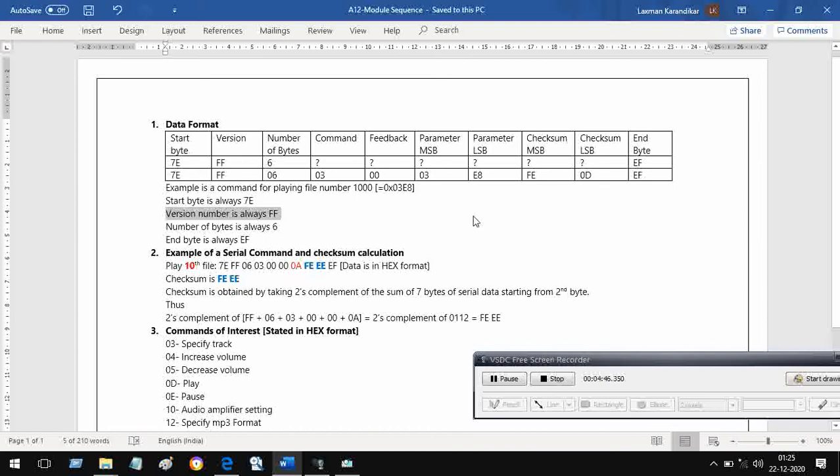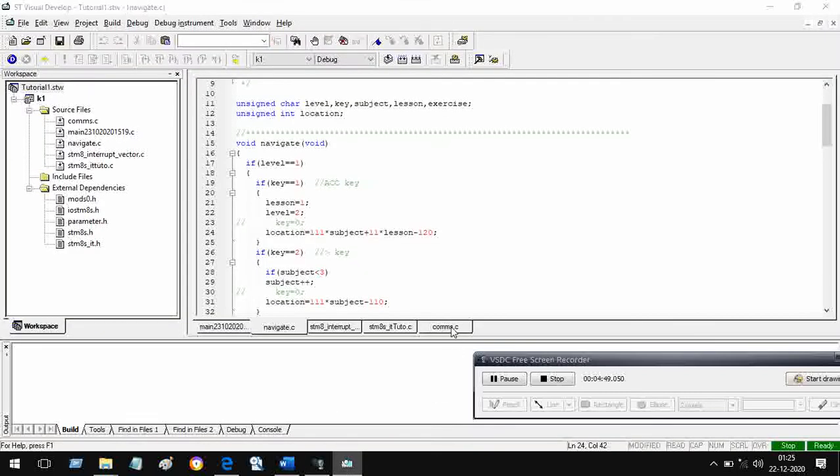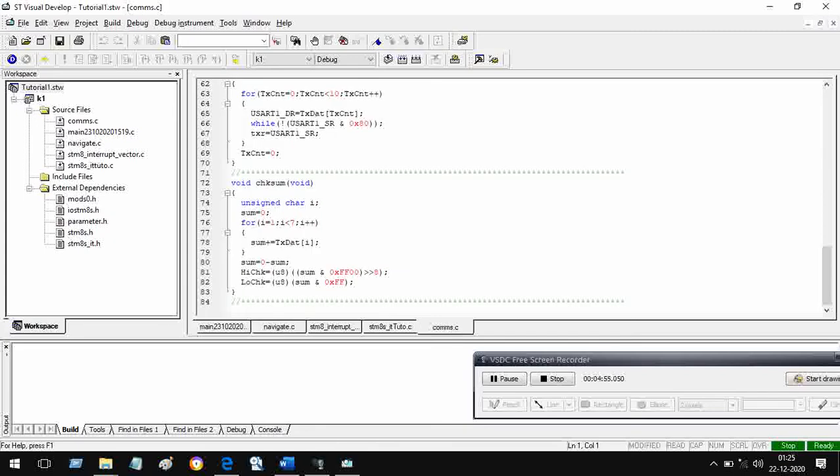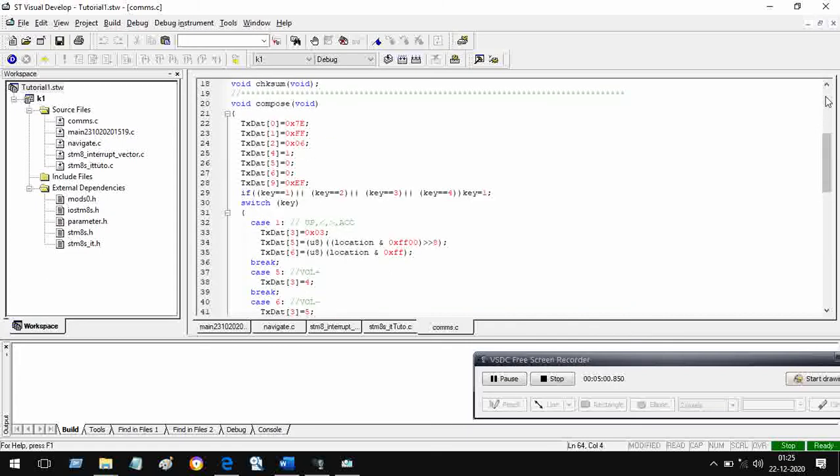So for this purpose, we have made a function. That function is in the comms file.